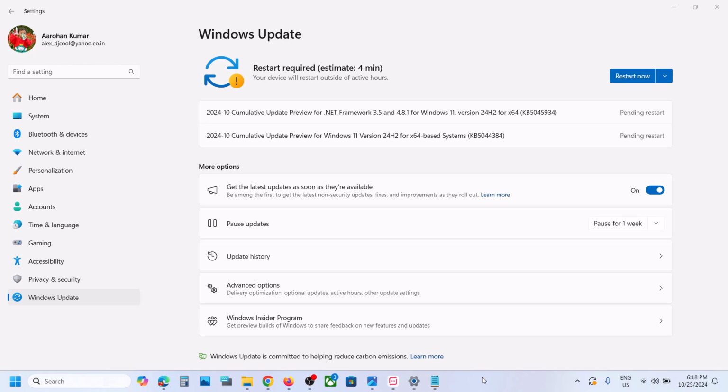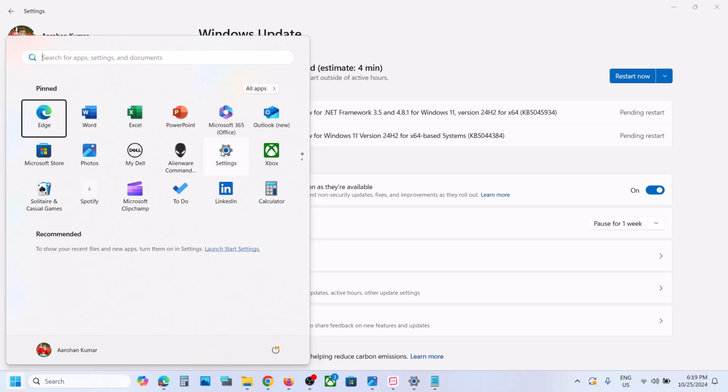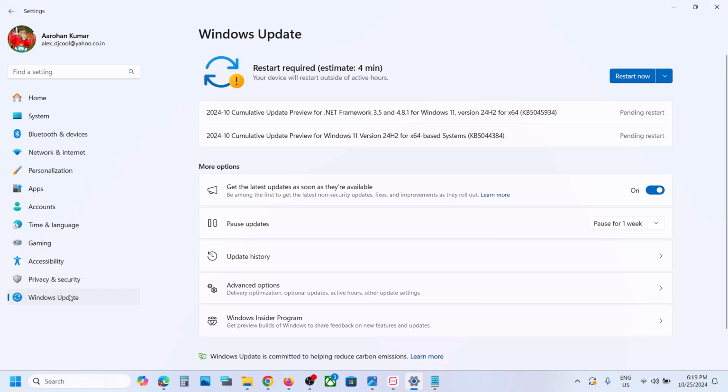Today in this video I'm going to show you how to fix when you're unable to install this update, that is KB5044384 or KB5045934. So if you're unable to install these updates on your Windows 11 computer, then please follow the steps shown in this video. So first of all, open Windows settings, and once you open Windows settings, go to Windows Update